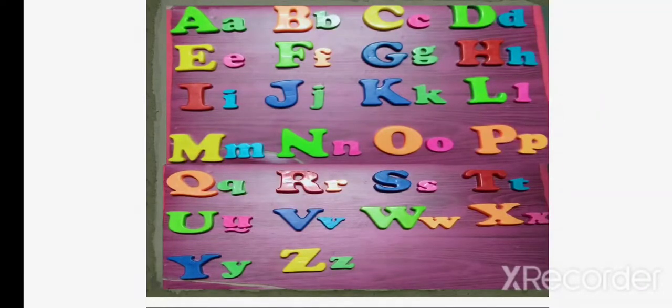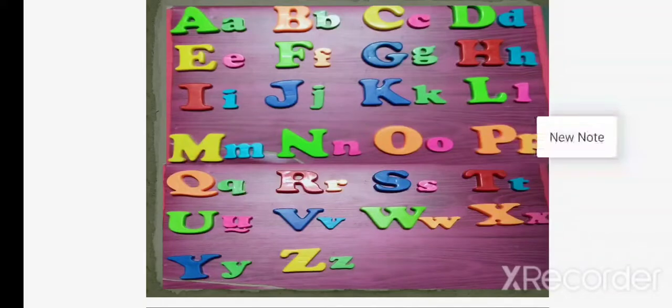So A sound A, B sound B, C sound K, D sound D, E sound E, F sound F, G sound G, H sound H, I sound A, J sound J, K sound K, L sound L, M sounds M,